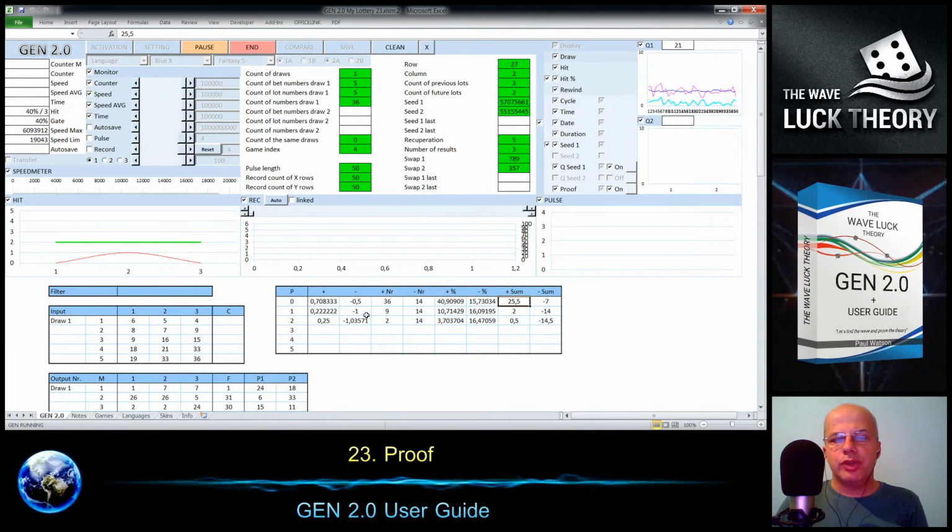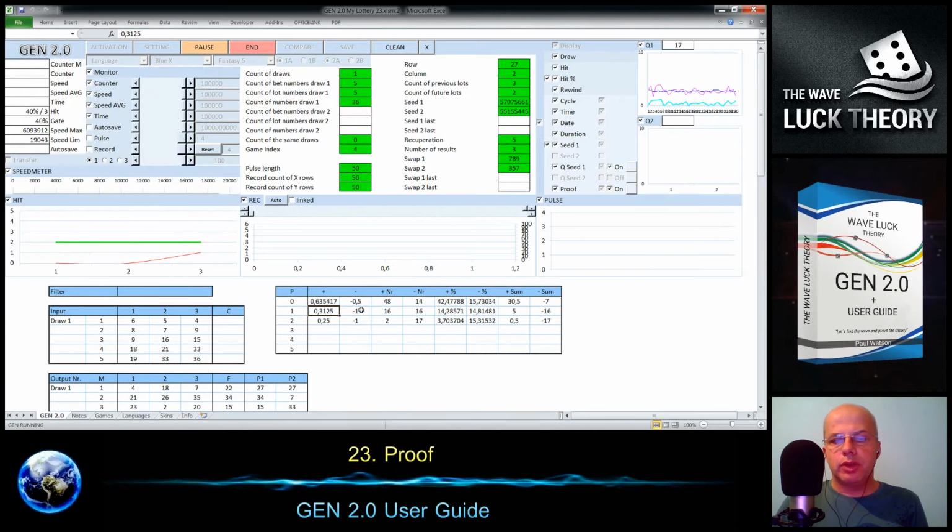So the average is calculated as the sum divided by the number of results. For example, 5 divided by 13 is 0.38.